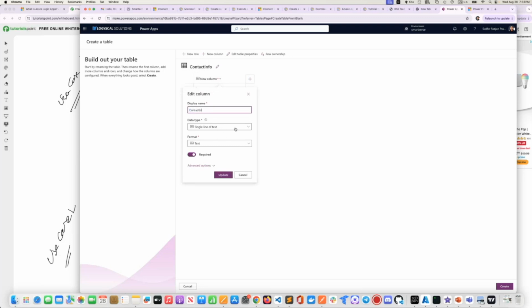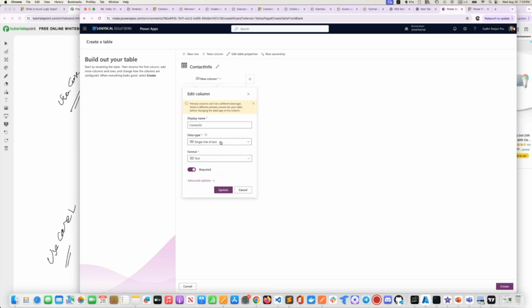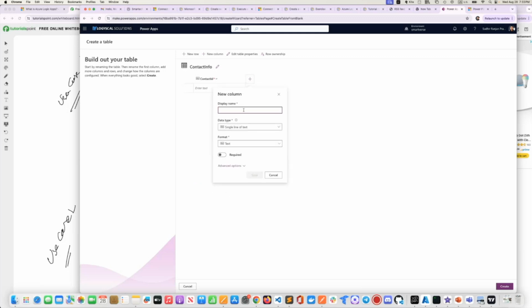Here we'll provide a whole number, and one whole number is not accepting. Anyways, update it, and then we'll try to add